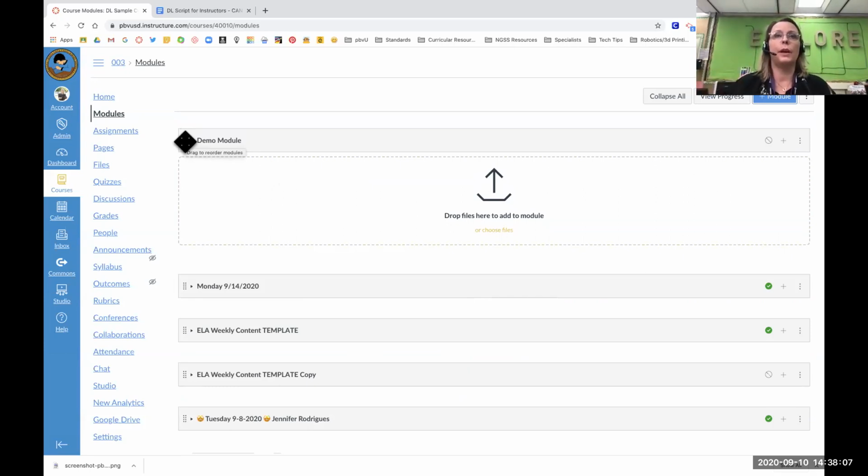All right, so the other thing I want to talk to you about before we move into some of the other pieces is publishing. So when your modules do not have this little green button here at the top level, the students won't be able to see any content underneath the module. So you can see here on this one,